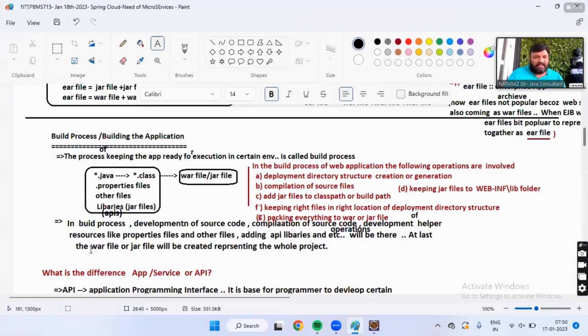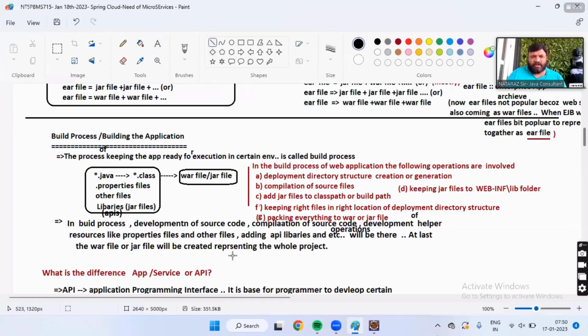At last, the WAR file or jar file will be created representing the whole project. Everyone getting my point there, guys?